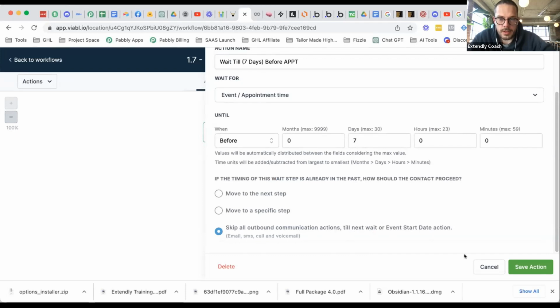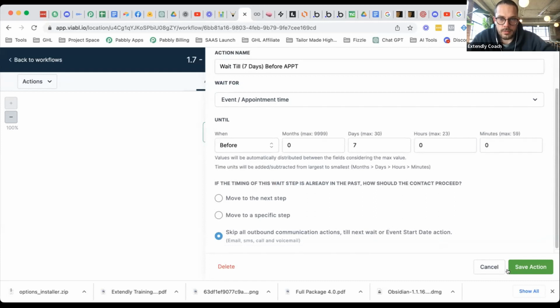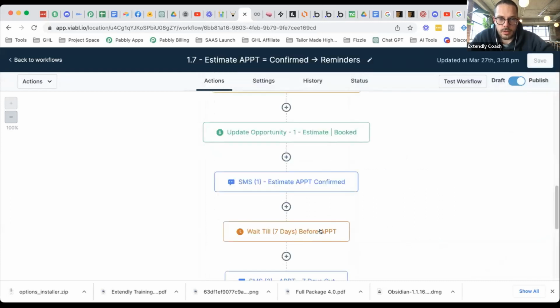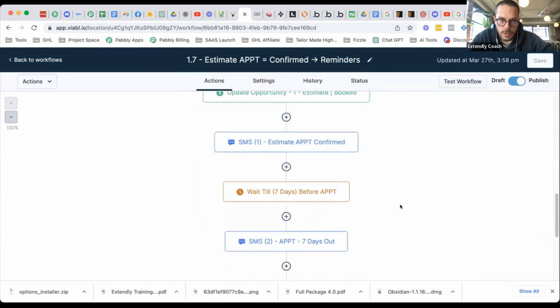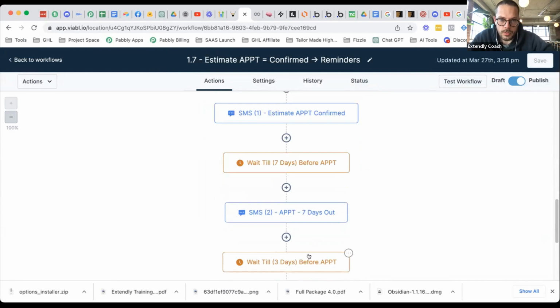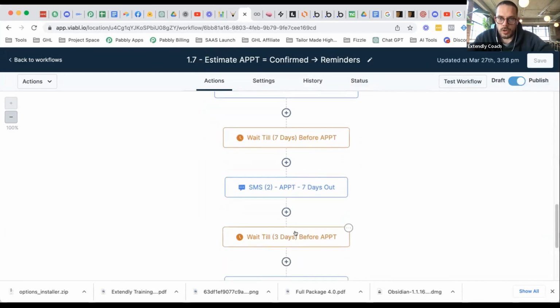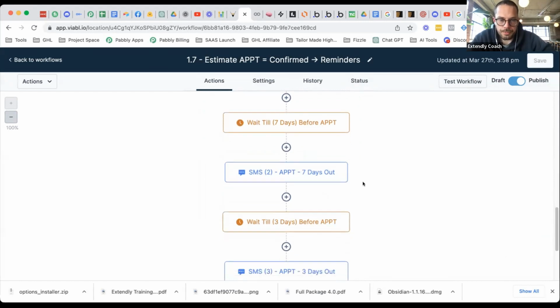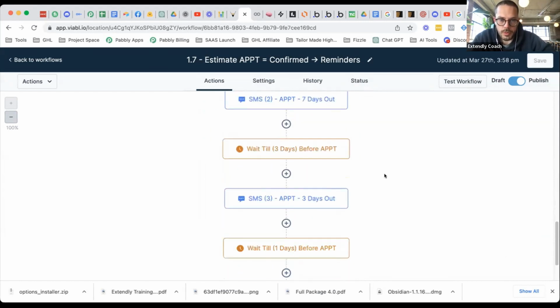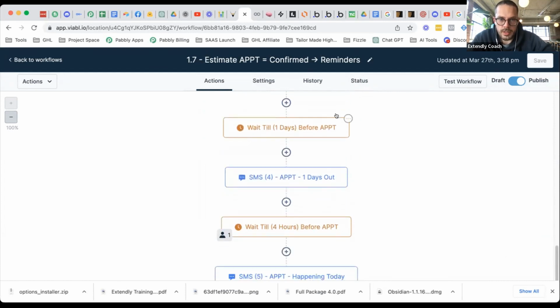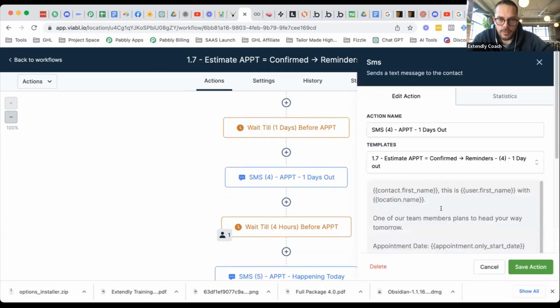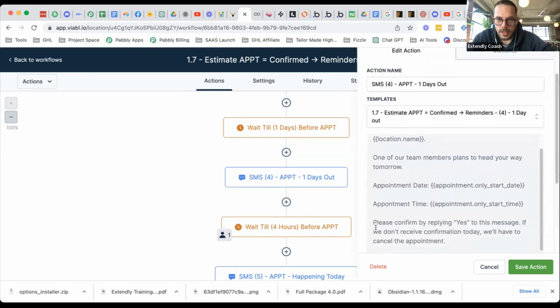And so what that means is if the appointment happens to be only 3 days out, not 7 days out, then this wait event will skip and it will go down to the next wait event where somebody's appointment is still within that range. And so what had happened was, since the appointment was for the next day, it skipped this wait event, which it shouldn't have, because in this wait event, we have a crucial message that asks,